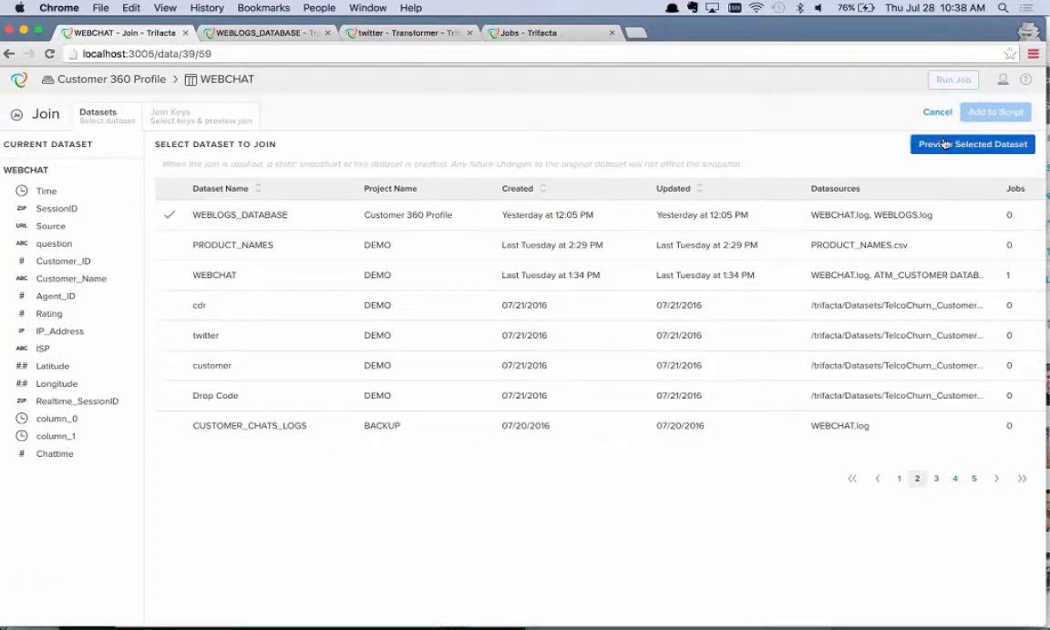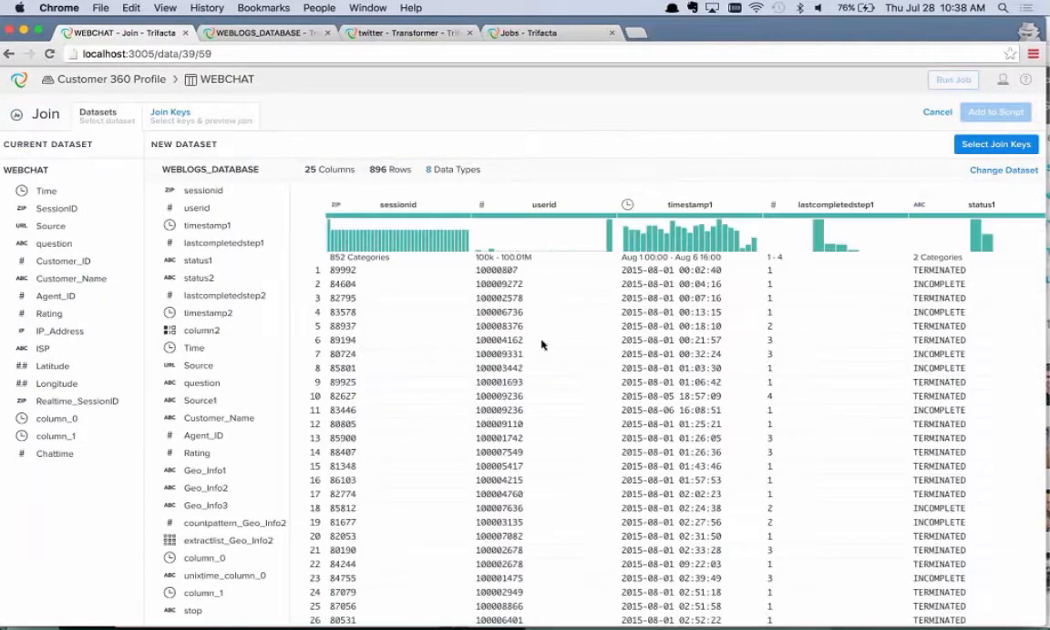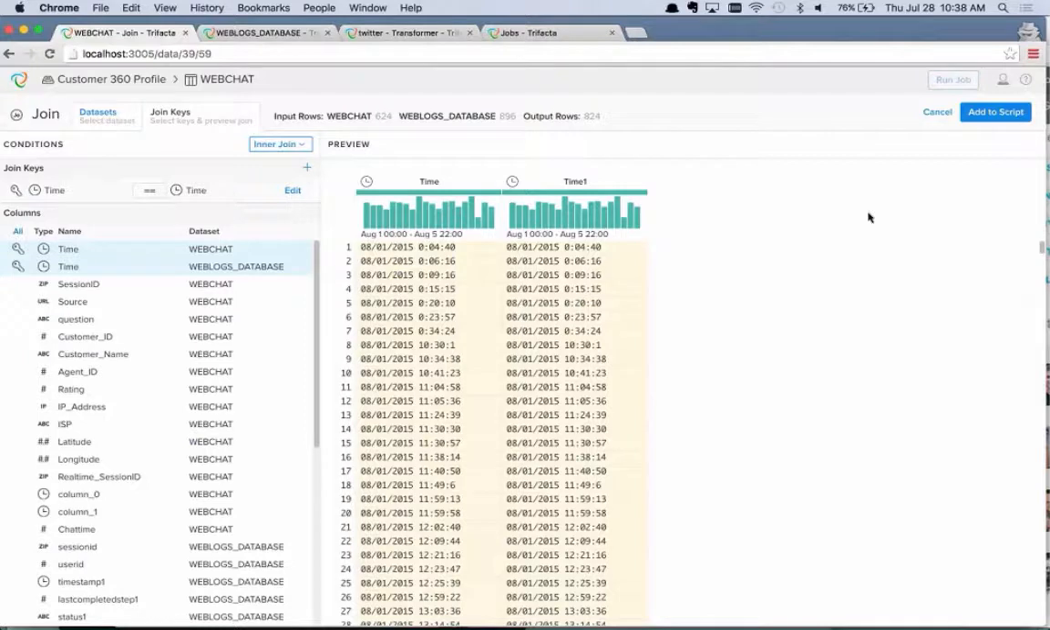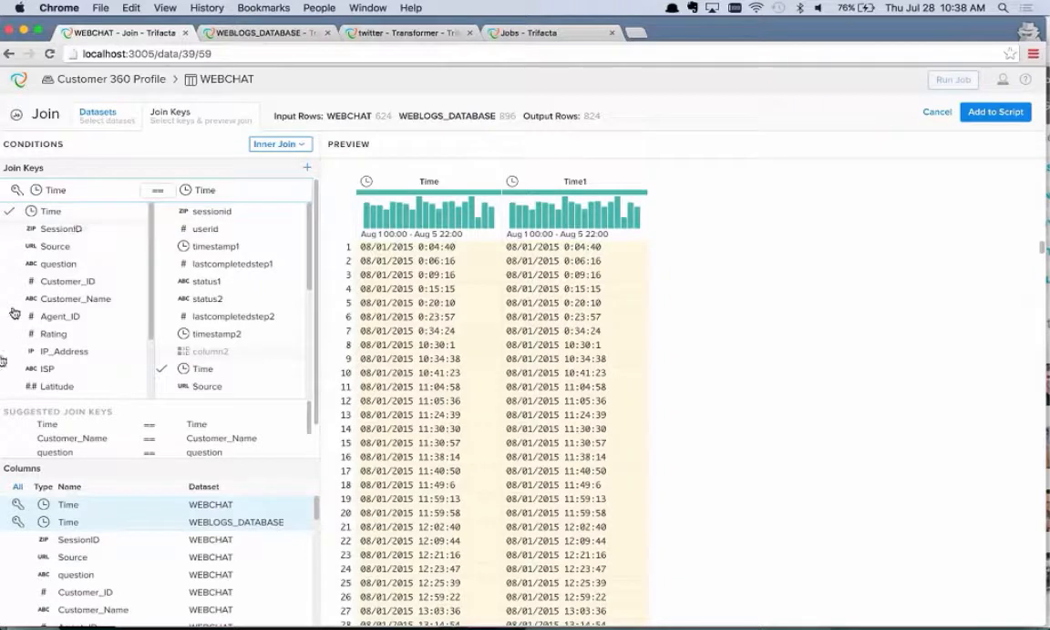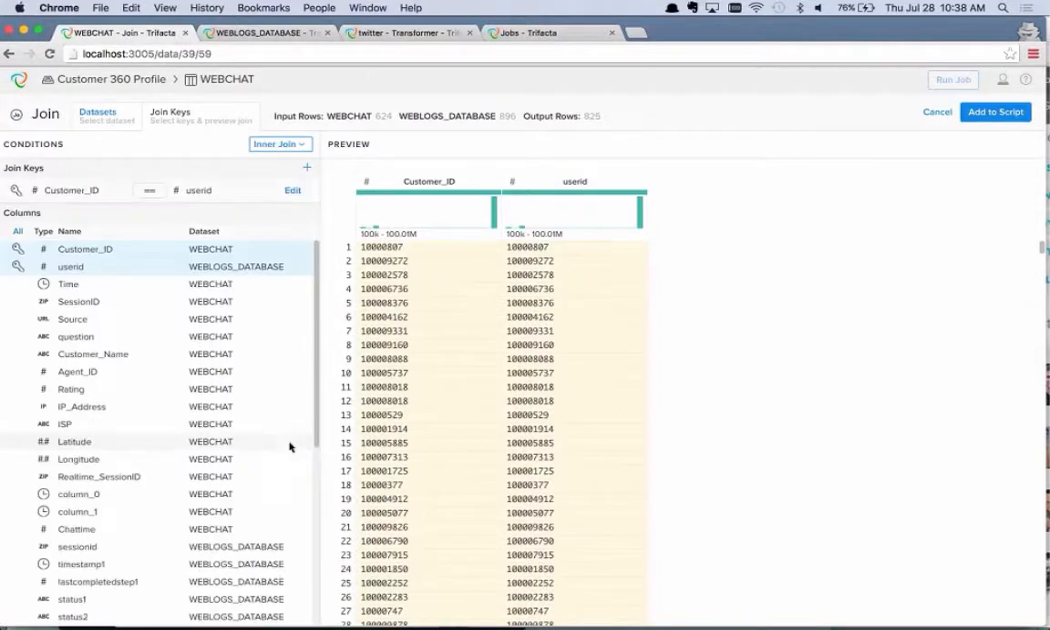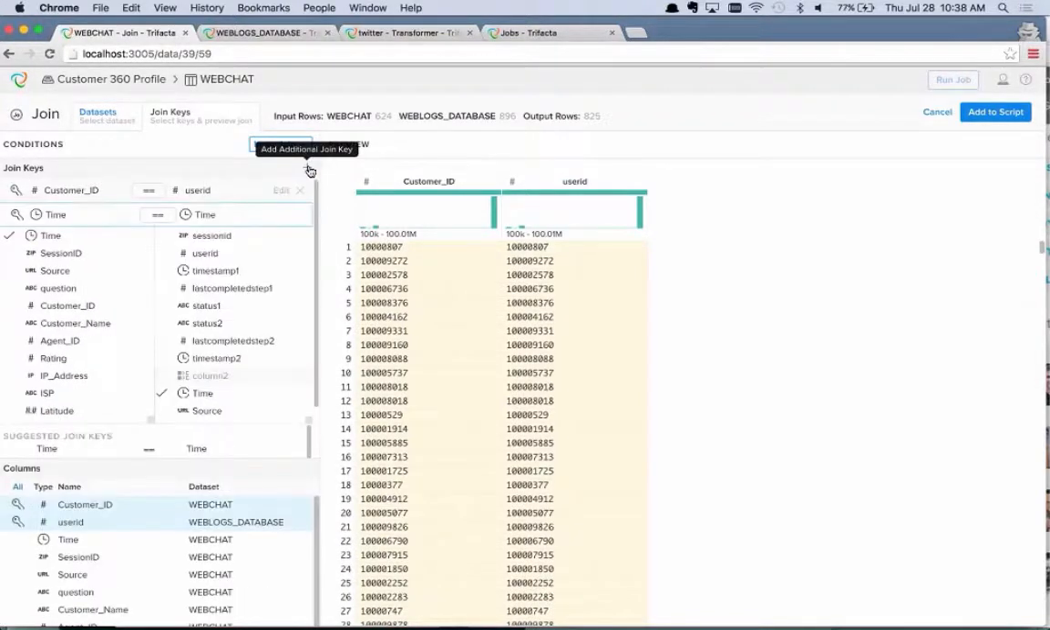Okay, and now you'll see we'll go into the join process. I get the preview of that. I'm going to select the join keys. By clicking on that, I notice that we have inferred the timestamp to be the join. I'm actually going to edit and pick the customer ID and user ID, okay, and save that, right? And I can also add additional join keys as well,